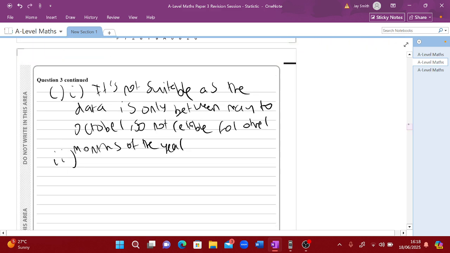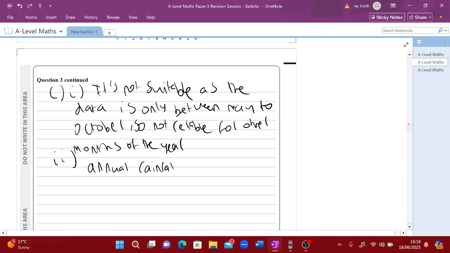Well, like I said, if you're considering every single month, we're only working between May and October. Those are the summery months, the warmer months. If we include the other months, like November to April, those are the wintry, colder months. So the annual rainfall is going to be more. So what I'm going to say is the annual